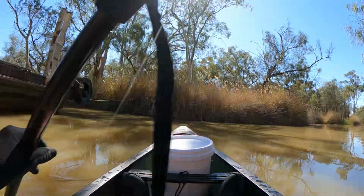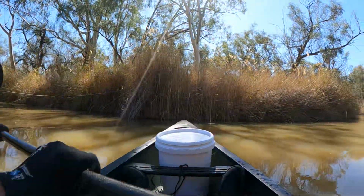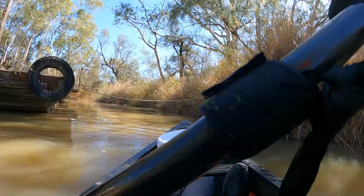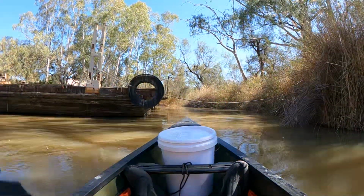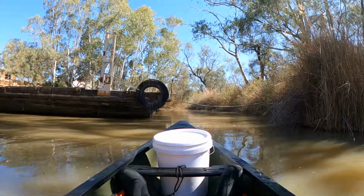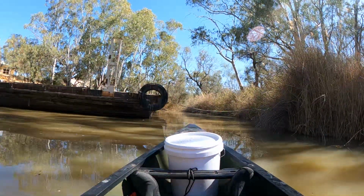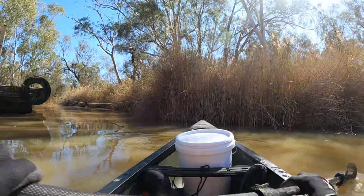Okay, rope's a little bit low for me, a bit sad, isn't it? So all I'll do is just pull around and have a look down the side, and you can just see the size of the punt. So this would have been the arms through here. You can see the 6 lugs that would have picked up the front of it, and I don't know how old that would be, but it looks to be pretty old compared to the new ones. So there we go. So just a little